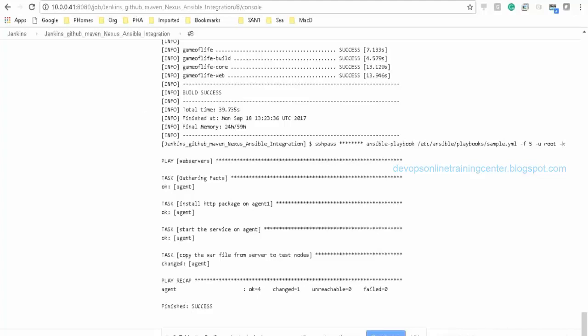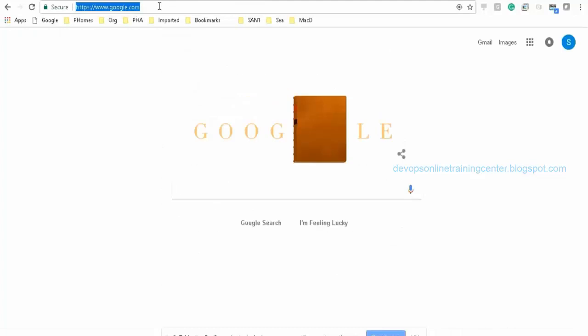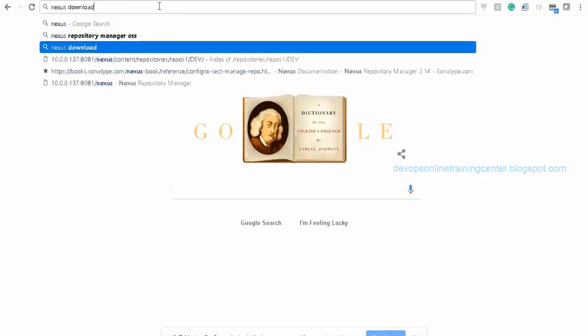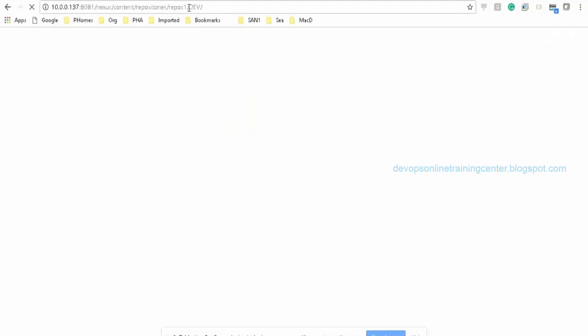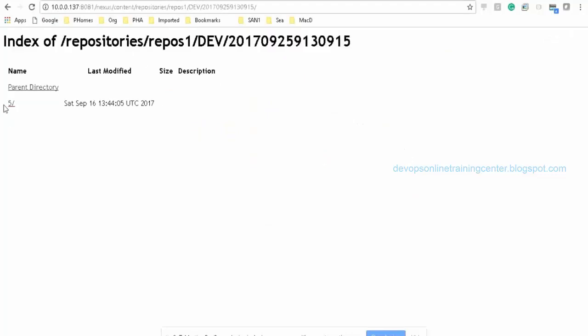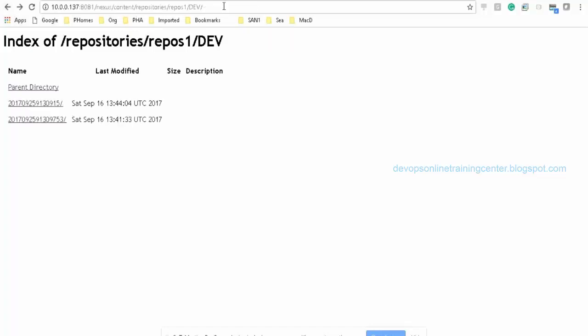So let us say we have the Nexus repository. Under this, there are different builds. There is an option to get the latest file from this directory.